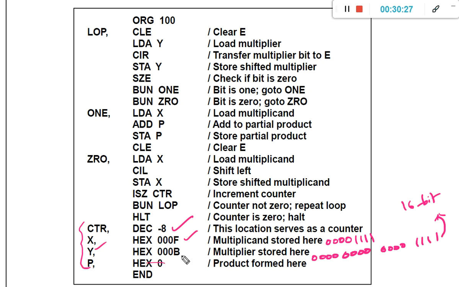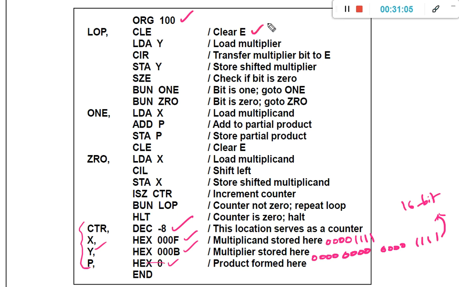Next, the Y value, we have taken the B value, which is the multiplier value, that also we have seen. And initially the product, we have taken as 0. Finally the product will be stored here. So these are the variables and initial values for the variables. Coming to the program, ORG 100, the initial address for the program is assigned to 100. Next, loop. So repeat in a loop.